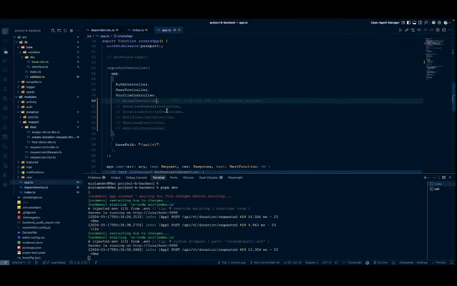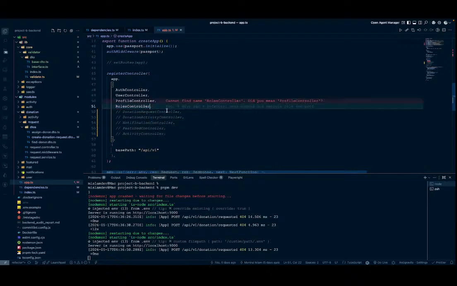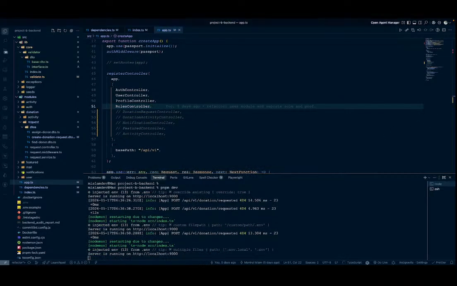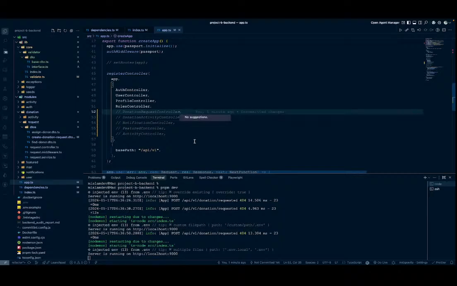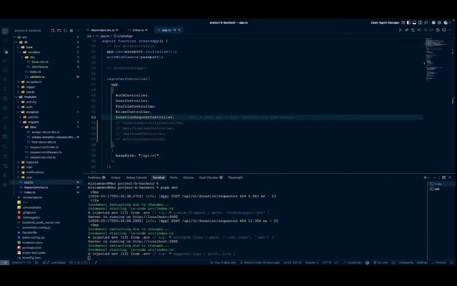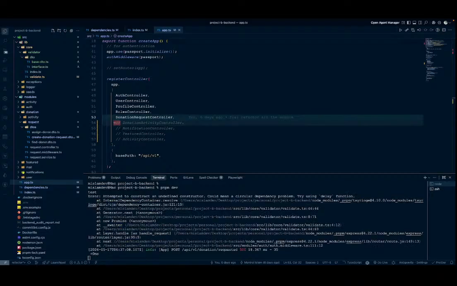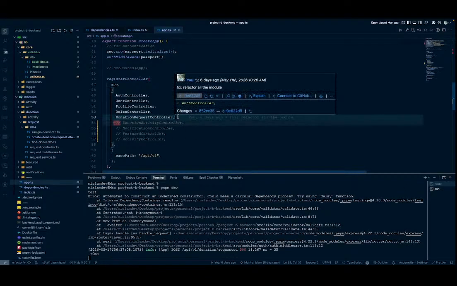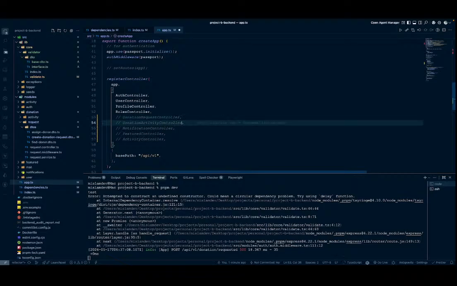No dependency issues. Shell controller. Nothing. Yes. So the donation request has some problem with maybe